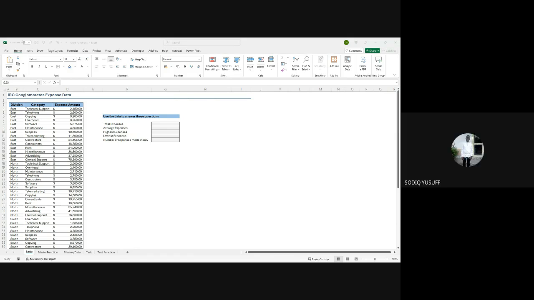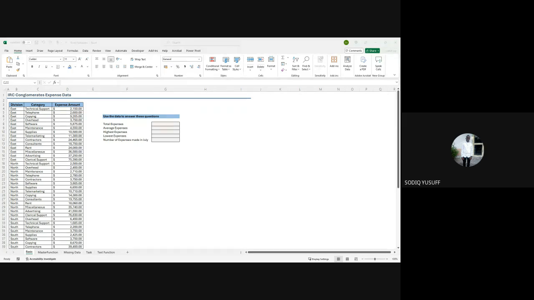So once again, good evening, everyone. And how are we doing today? So in the last session, we started with Microsoft Excel, and we started with the basic functions that we have in Excel. All right, everyone, please remember to mute your mic. Remember, one of the golden rules of this training is for us to mute our mic at every point in time. And for communication, we prefer that you use the chat so that we reduce disturbance or distraction.